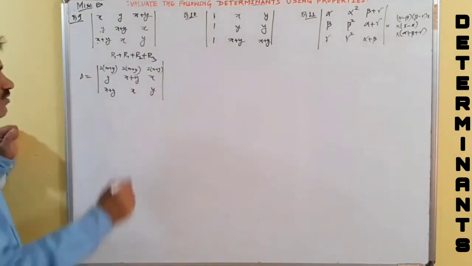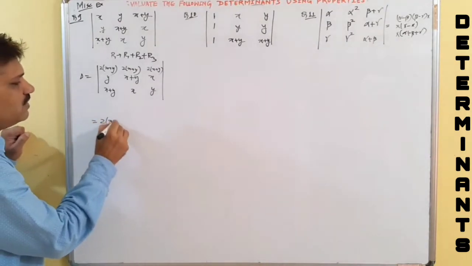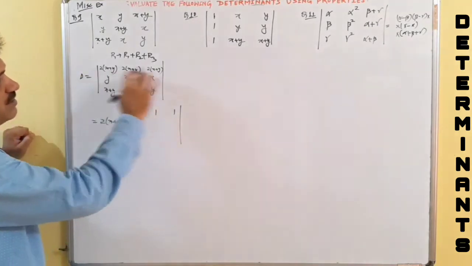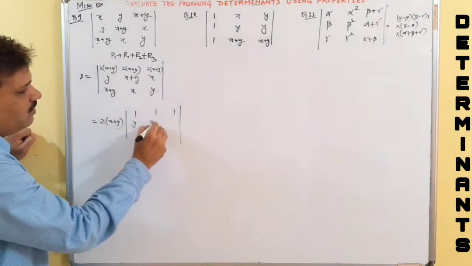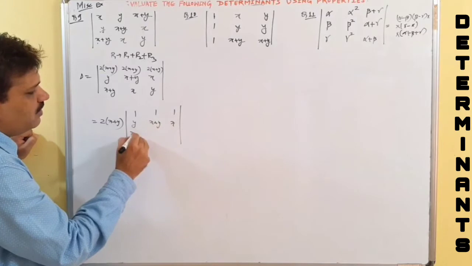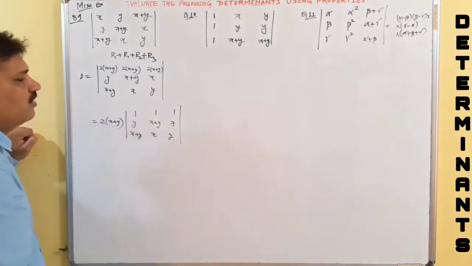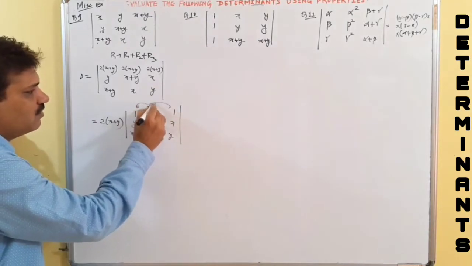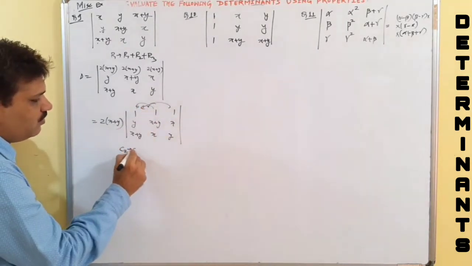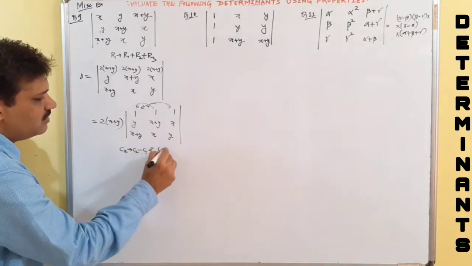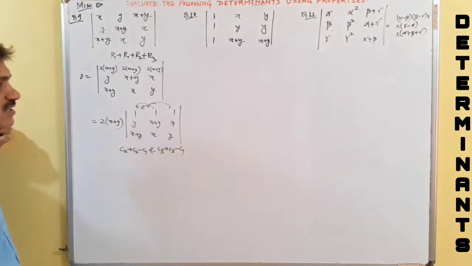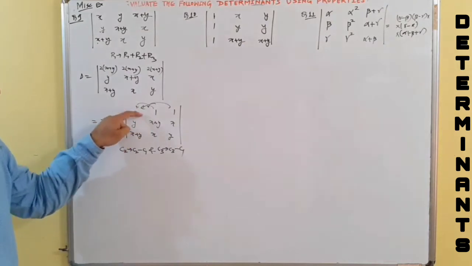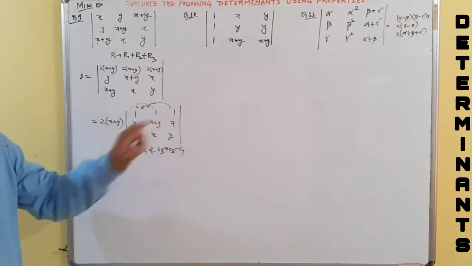Now as usual, what we'll do, we'll simply take 2 times of x plus y common, so that we'll get all ones in the first row. This is y, x plus y, x plus y, x, y. Now what we do is, we make 2 zeros with the help of this one. So what we apply, C2 now becomes C2 minus C1, and C3 also becomes C3 minus C1. We fix this column, and with the help of this one we made 2 zeros.